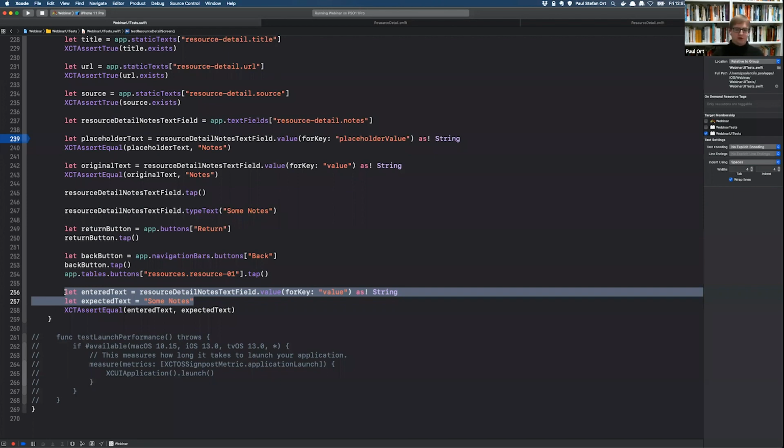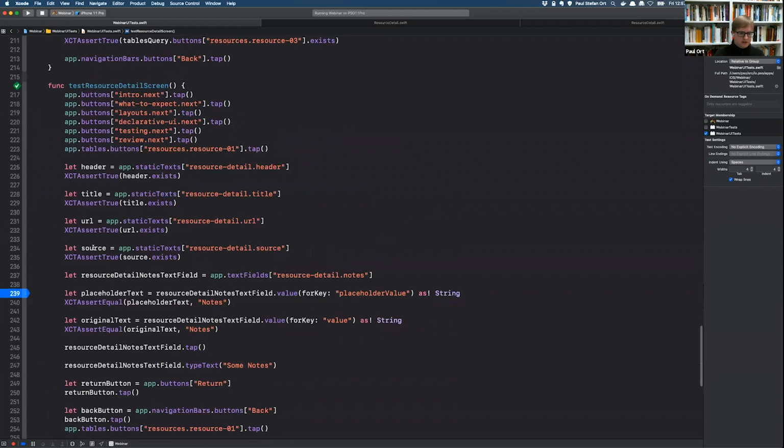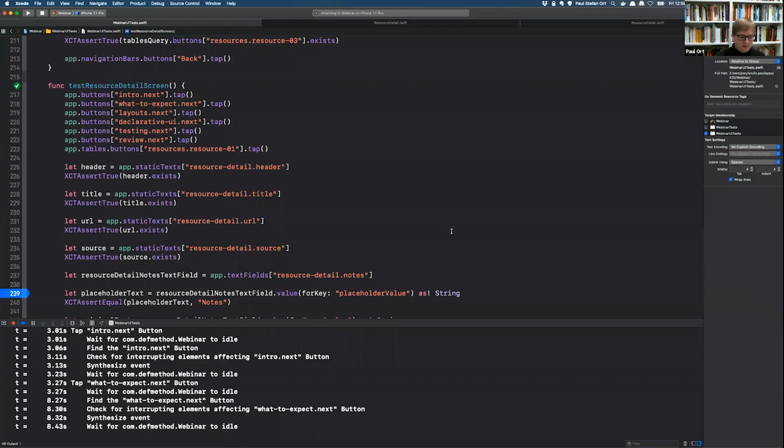Again, this is assuming a zero knowledge UI test that's simply tapping on things on screen, looking at what's on screen, going back, returning to the screen, and confirming that the same visuals are there. So one extremely valuable tool for this is, if you're trying to figure out ways to get at more detail in the view to understand what's going on in order to define an effective test, you can use the debugger and run the print object helper, which has been around for a long time, but it